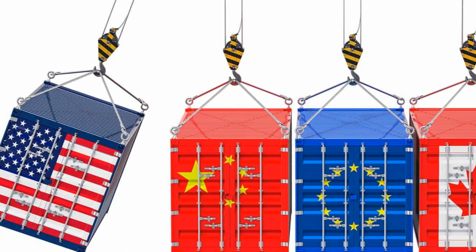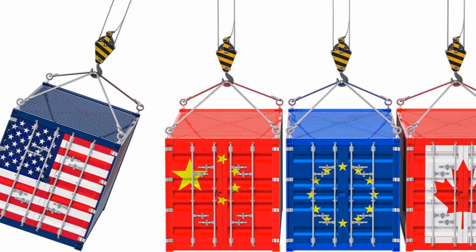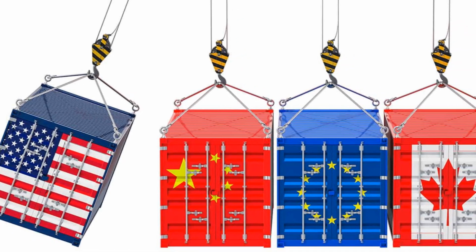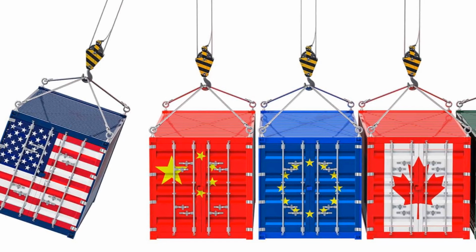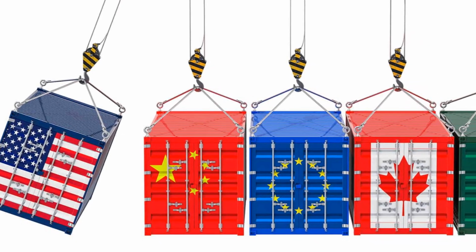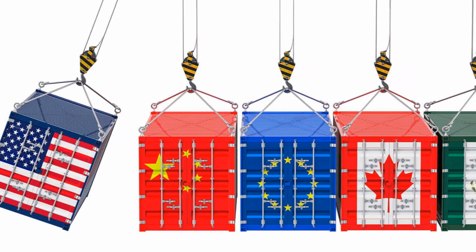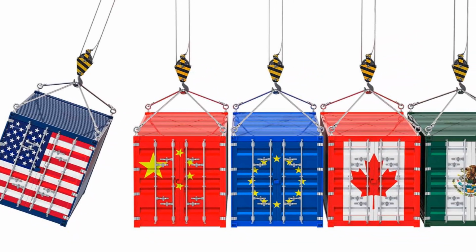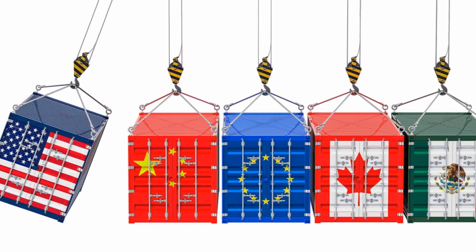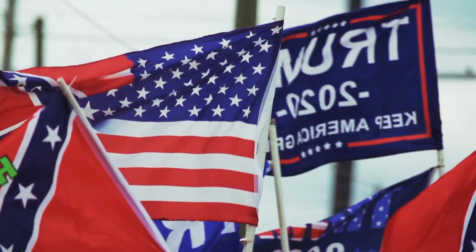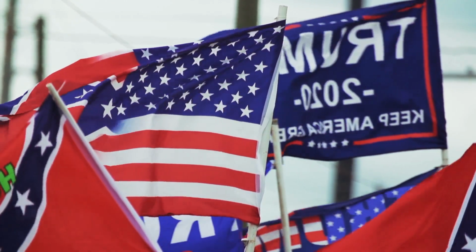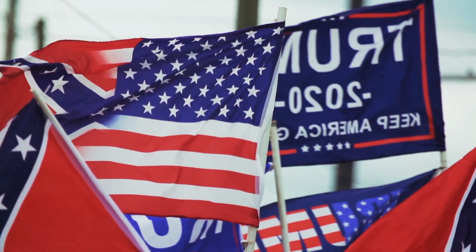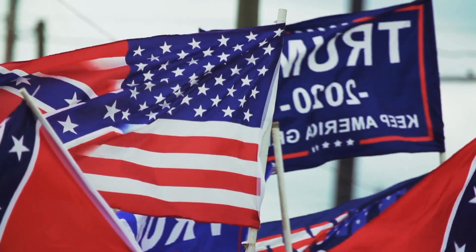In recent years, US President Donald Trump made headlines by imposing tariffs on goods from countries like Canada, China, Mexico, and the European Union. These tariffs were part of a broader strategy to renegotiate trade deals and address what he perceived as imbalances in international trade. Trump's rationale for these tariffs was rooted in his America First policy. He believed that prioritizing American interests would lead to a stronger economy and more robust job market.